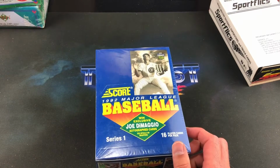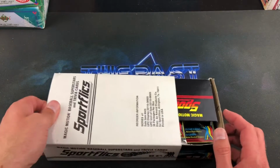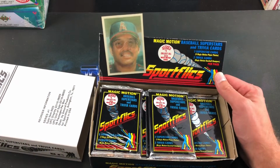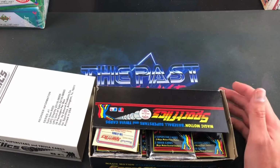I always liked 92 Score as a kid. Used to buy a lot of them, but that was part of the lot. And then this one, pretty awesome too. I ripped a box of these a while ago on this channel. 1986 Sport Flicks. The nice thing about these, for the very first year of Sport Flicks, is a possible Robin Yount error